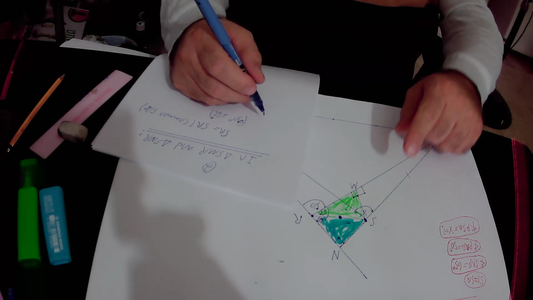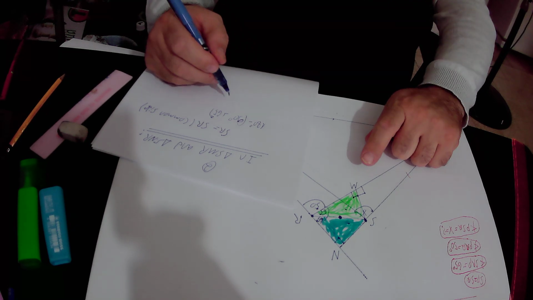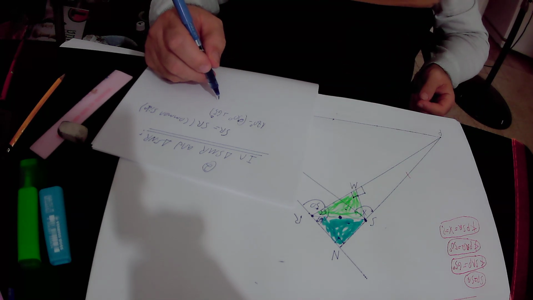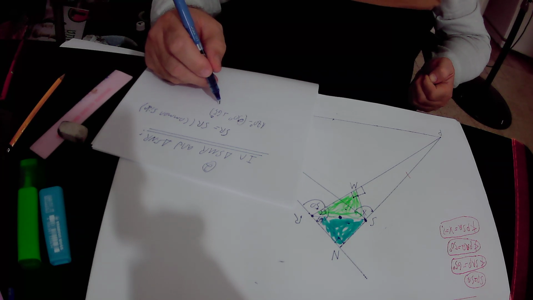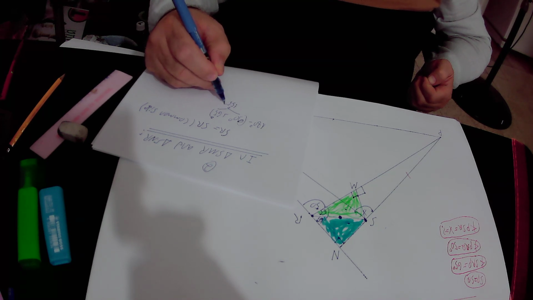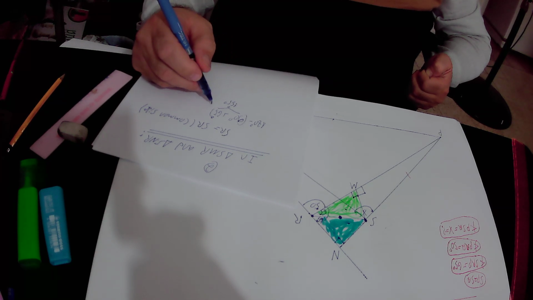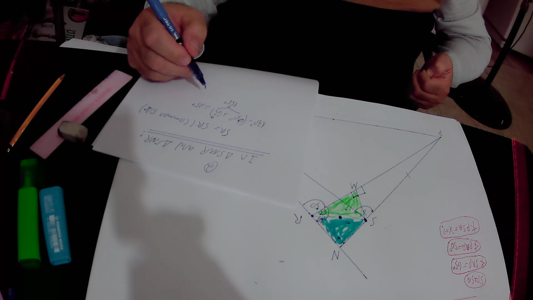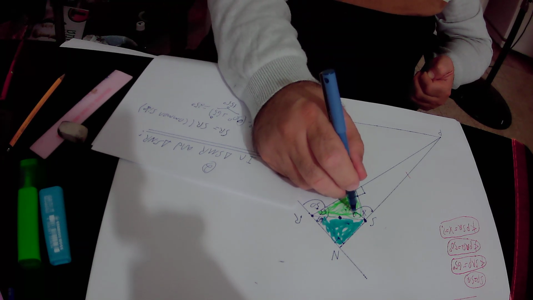So it will be equal to 180 degrees minus the sum of these two angles, 90 degrees plus 65 degrees. So here 90 degrees plus 65 degrees is actually 155 degrees. And 180 degrees minus 155 degrees is actually 25 degrees. So we found out that the size of this angle is 25 degrees,